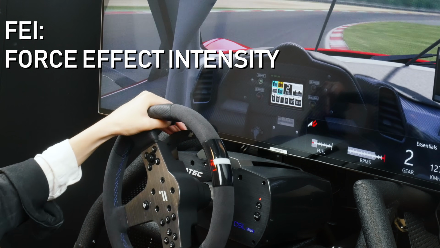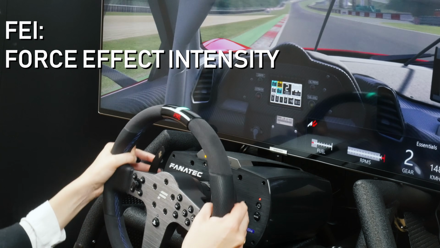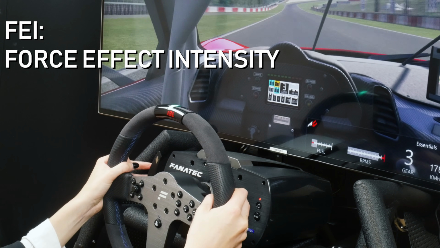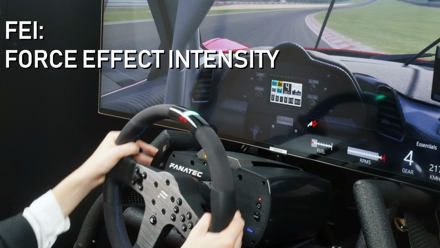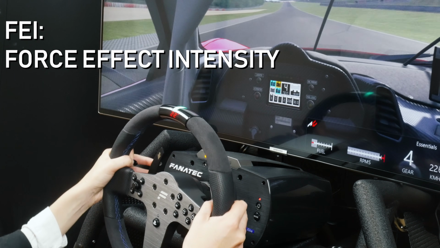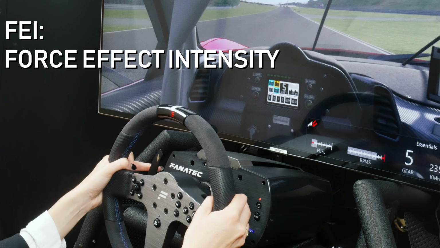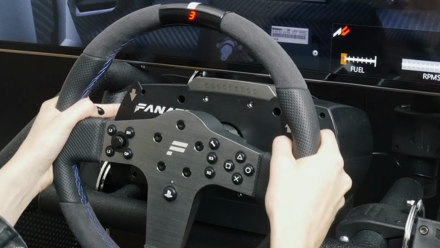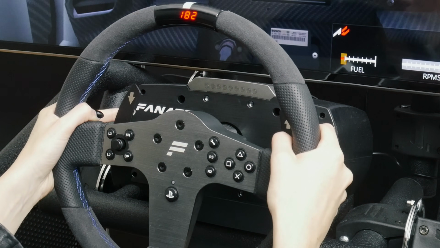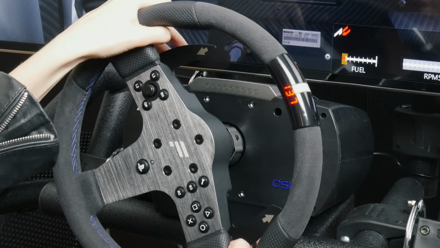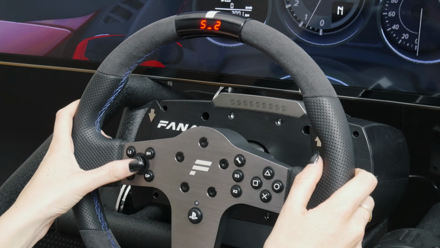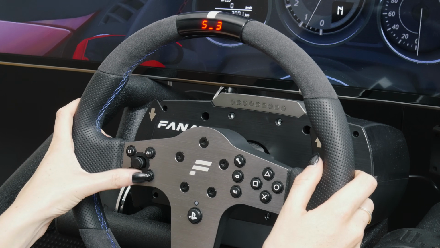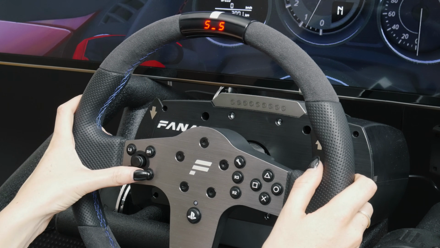So some early reviews of the CSL Elite Racing Wheel were made without this setting because it was introduced at a later point. So noises that were reported by these early reviews are now solved with this setting. The preference to the tuning menu settings depends on the game, but it also depends up to own preference. So remember that you can save up to 5 different profiles if you want to switch between games without losing any settings.